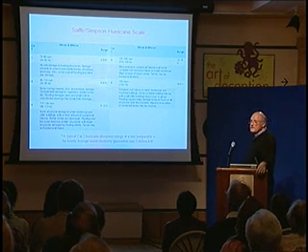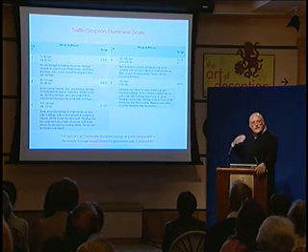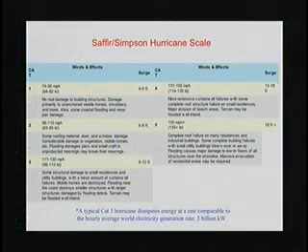You have seen a lot in the press about the various categories of hurricanes, and there's a scale that ranges from Category 1 all the way up to Category 5. Hurricanes are said to form when the maximum winds reach approximately 74 miles an hour. And also shown here is a storm surge associated with hurricanes by category. So going from Hurricane 1, we can expect a storm surge of 4 to 5 feet, and up to Category 5 with storm surges of 18 feet or more.